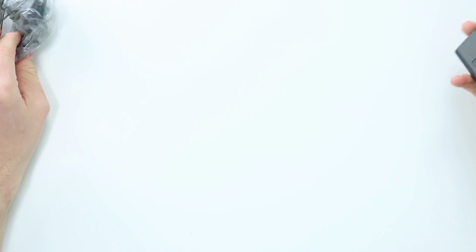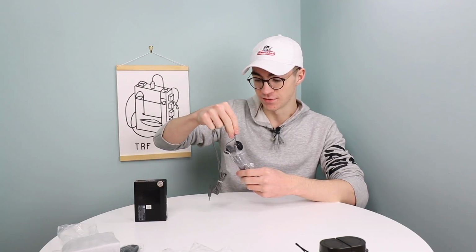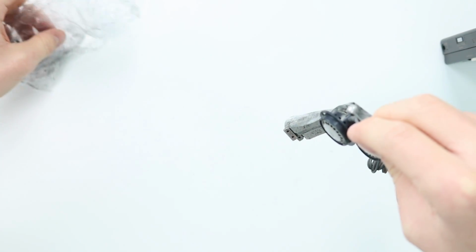And then finally, here are the headphones. Now I'm super excited about these. However, the foam around the earpieces has completely perished off. So we're now left with a large mess of black dust. So what I'm going to do,